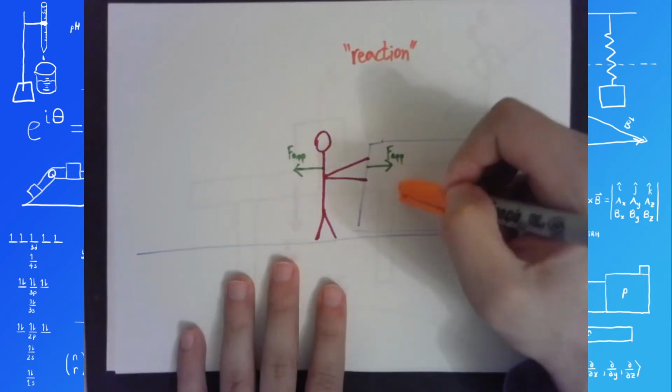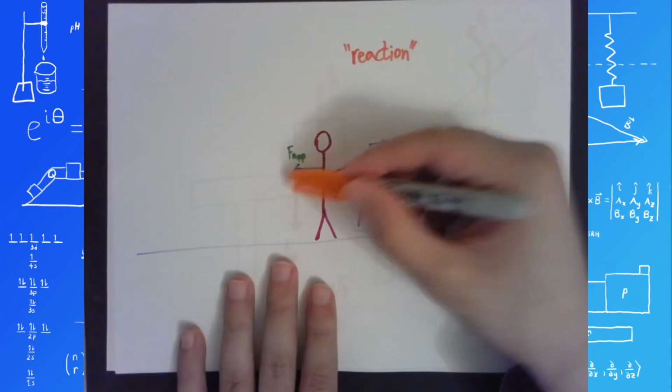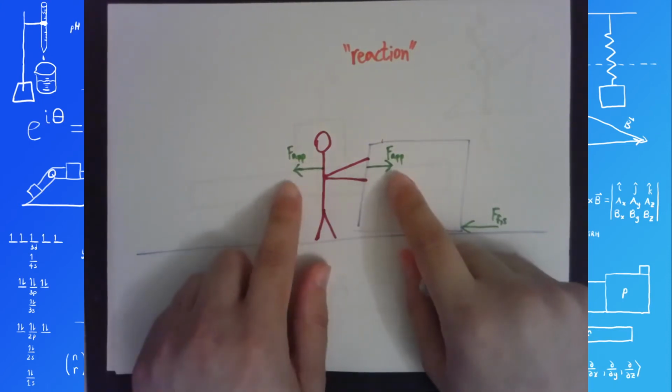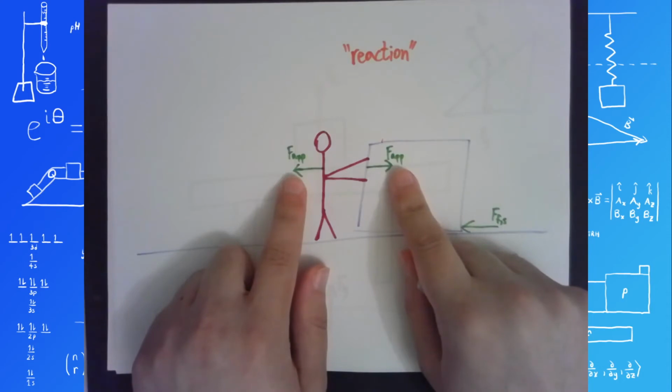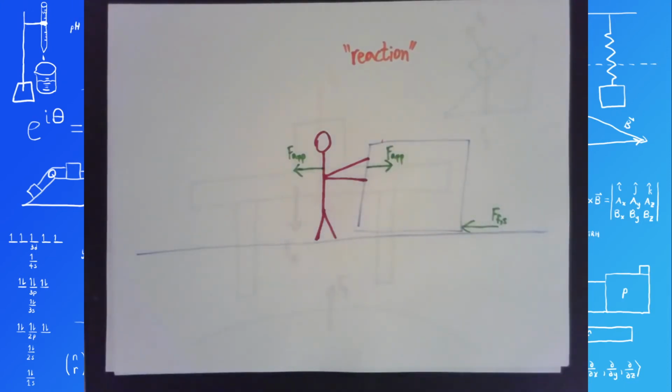They happen at the same time. The word reaction here is just describing how these two forces relate to each other, how a given pair of forces are related in this way that they have opposite direction and equal magnitude at all times at the same time. Okay, so that was number 4. So then, this leads us to number 5,